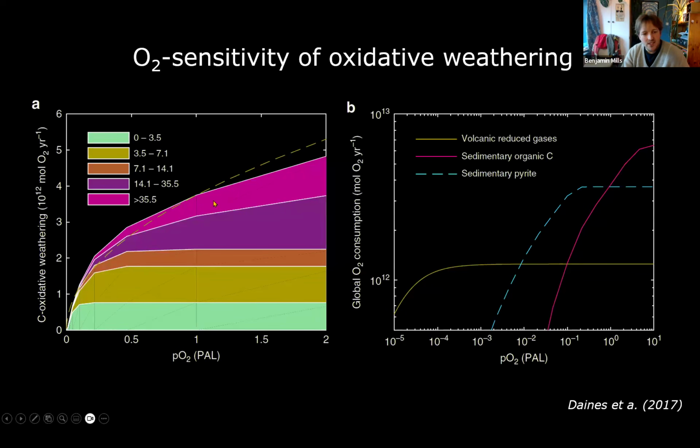And what this generally means is that if you plot the distribution of these different erosion rates, at least at the present day, you get something a bit like this, which is PO2 in PAL again, this time on a log scale, versus your oxygen consumption through oxidative weathering. And basically what it seems to suggest is that it's oxygen dependent. So if we were to go down to 10% PAL, we'd reduce the oxidative weathering rate by a fair whack.